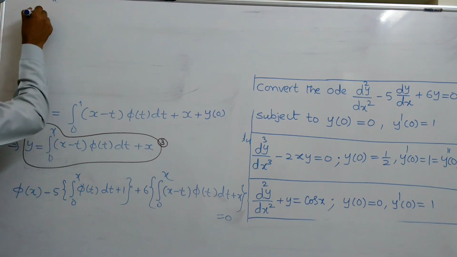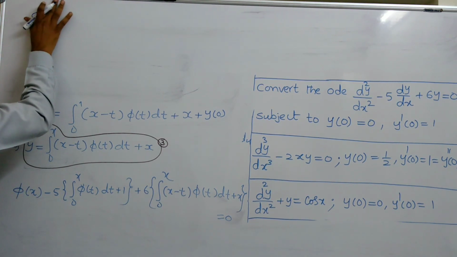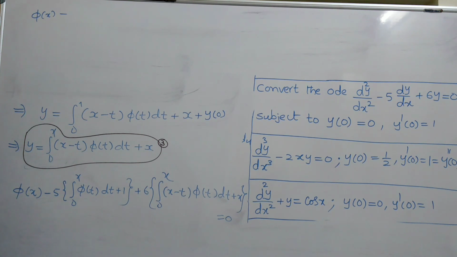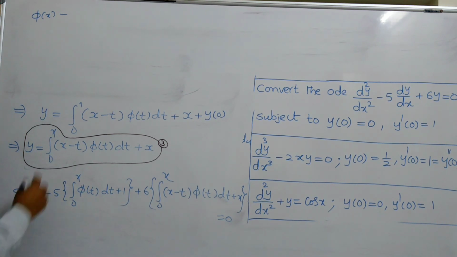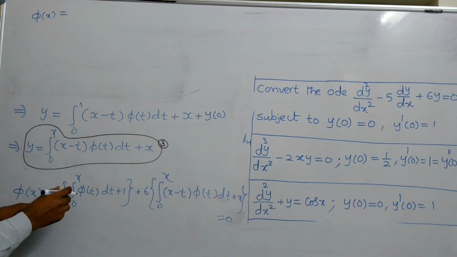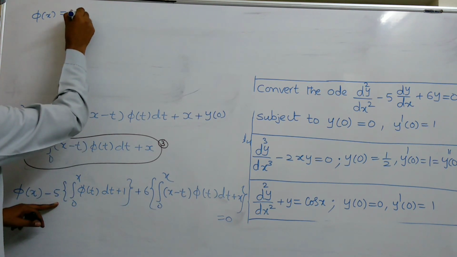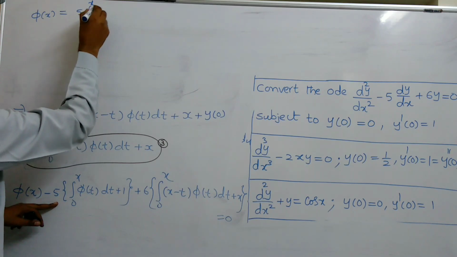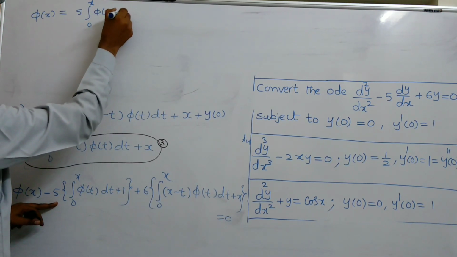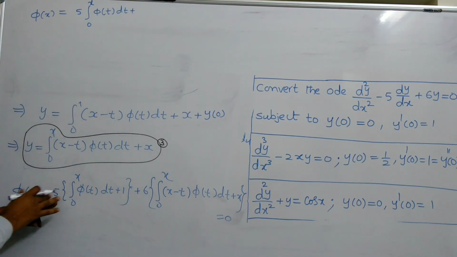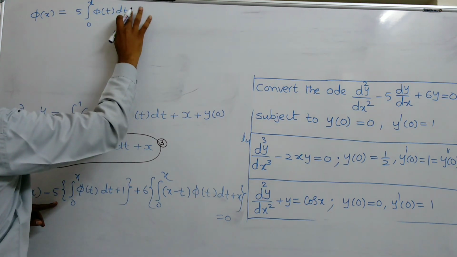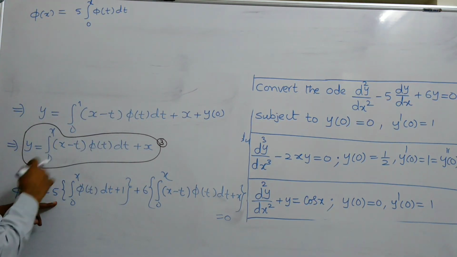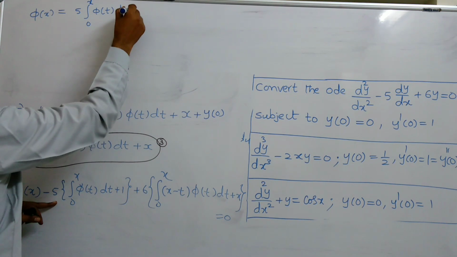Phi of x minus phi of x, or phi of x is equal to 5 integral 0 to x phi of t dt, plus minus 5 into plus 1, you get minus 5. Actually plus 5, because we shift it to the right side, plus 5